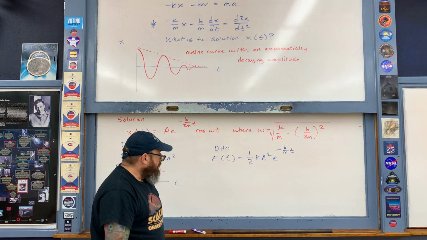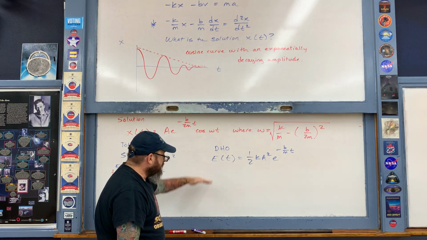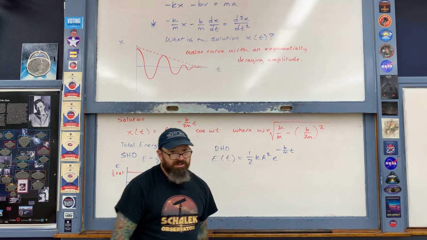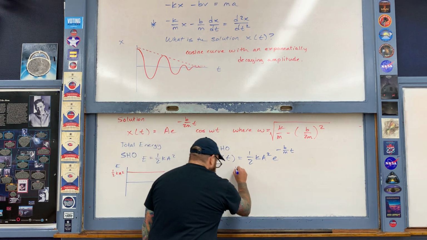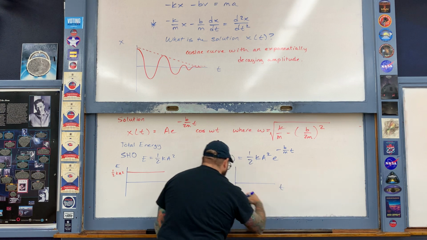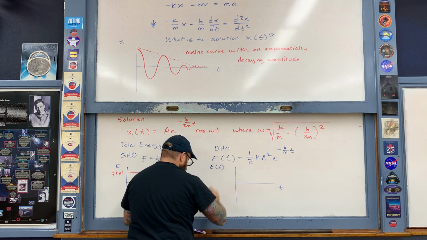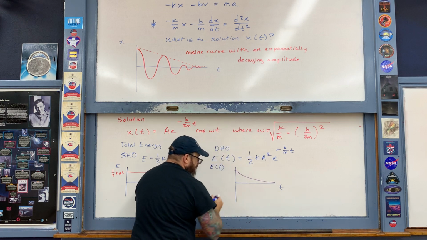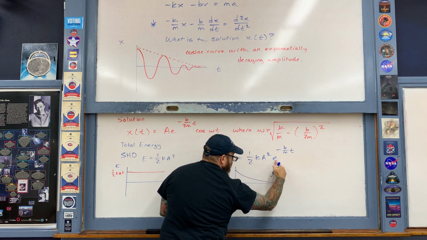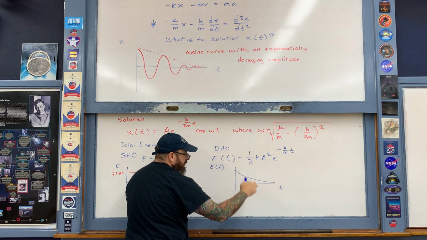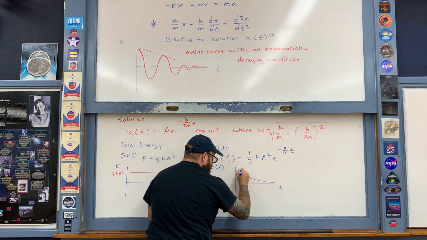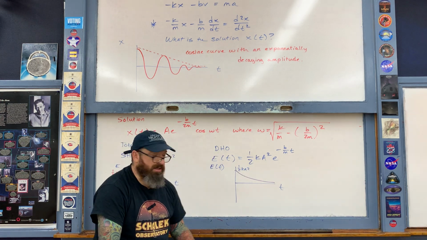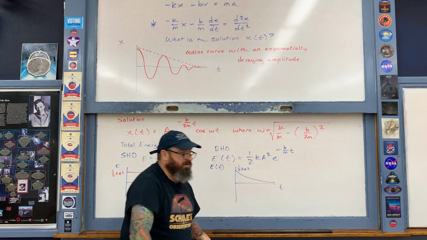Okay, now let's go ahead and graph out this expression that describes the energy as a function of time for the DHO, and just very simply notice that it just undergoes an exponential decay. So then therefore, as a function of time, the energy then looks like this. So right here at this point, when time t is equal to 0, you have e to the 0th power, which is 1, and then therefore the energy that you start with is 1/2 Ka squared. But then over time, as the energy is lost as heat,